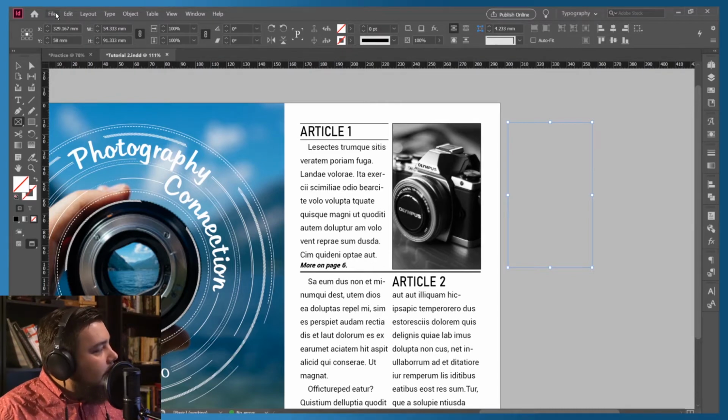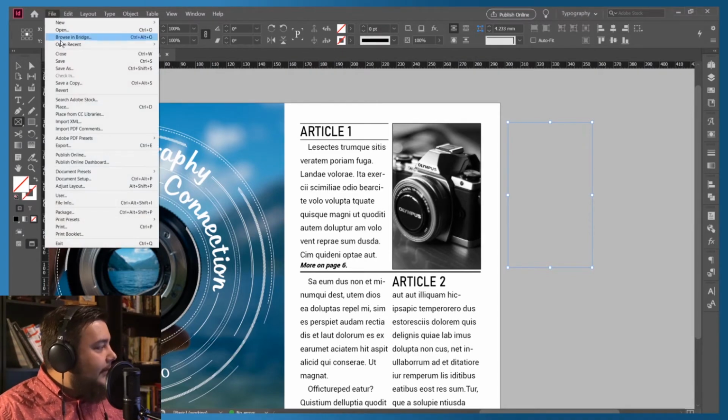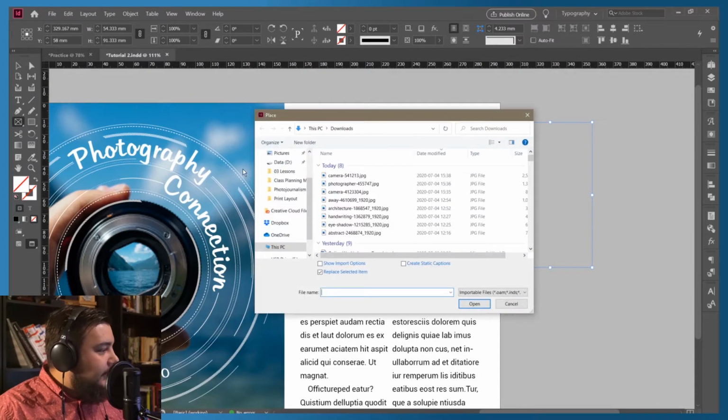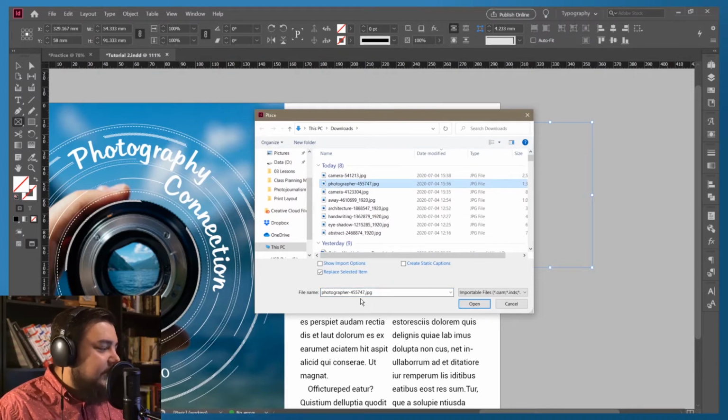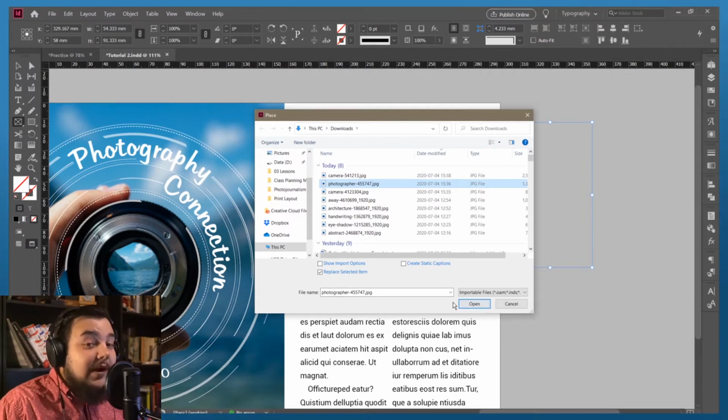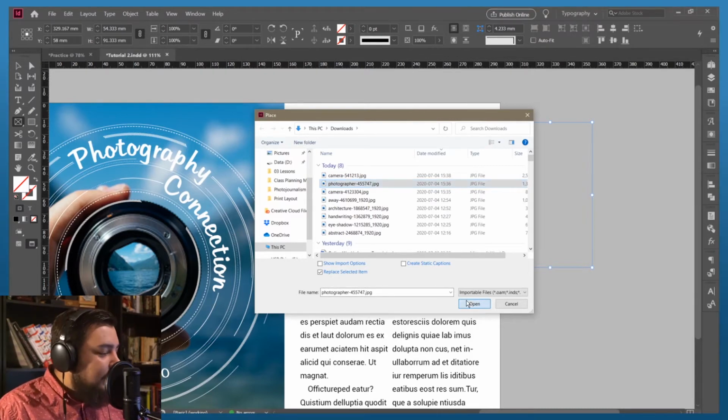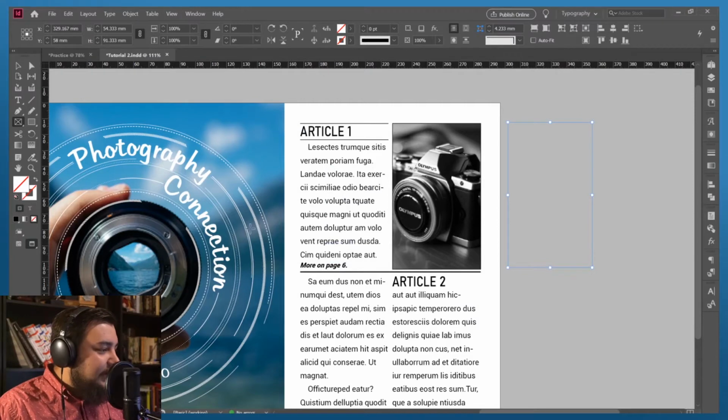So, to fill the frame, we go to File. We go to Place. And then we find our photo. In the case of this example, I'll be providing you this photo. It's photographer 455747. I just grabbed it from Pixabay. It's royalty-free photo. And it fit the vibe of our